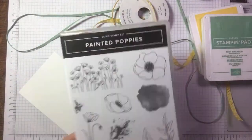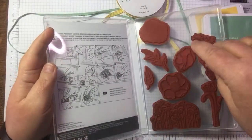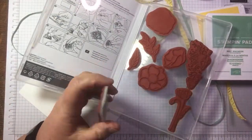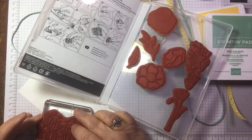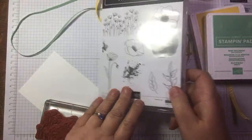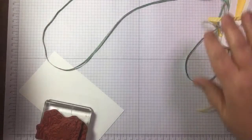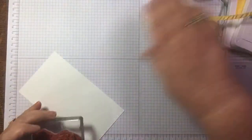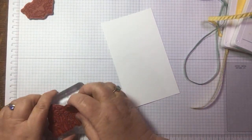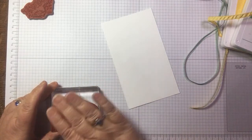Because I was showing you swaps from the Painted Poppies, I'm just going to decorate my bag. I'm going to use this stamp if I can get it out. It's like it's welded in. This one. And, whoops. And this one. And that's all I'm going to use. I'm going to keep it simple and we'll see what happens. Ribbon out of the way. Does that fit on there? Yes, so we'll just,